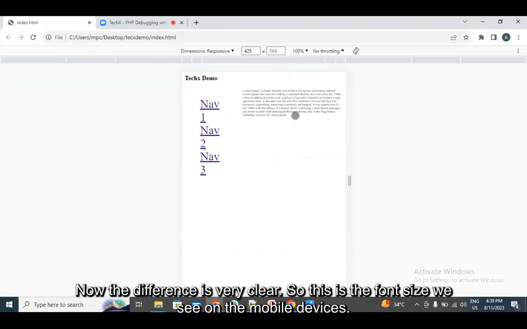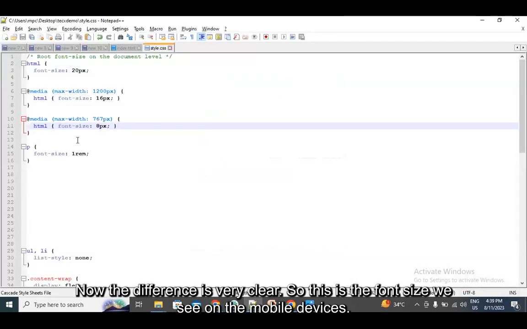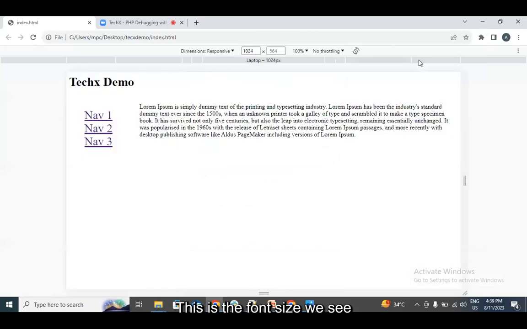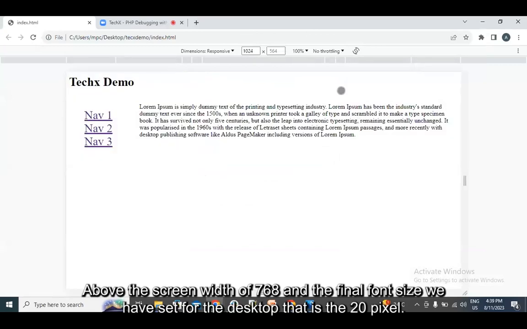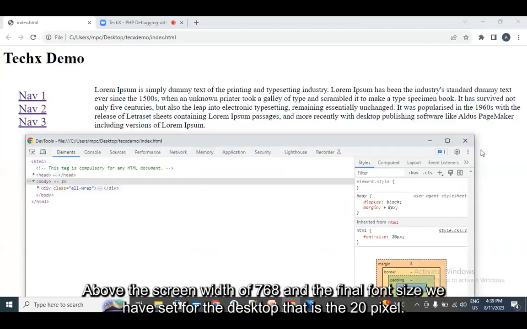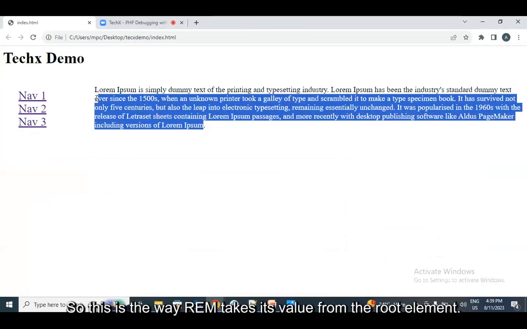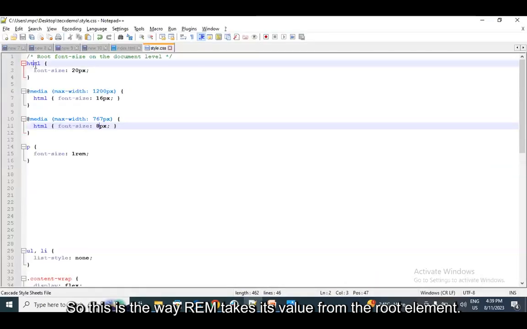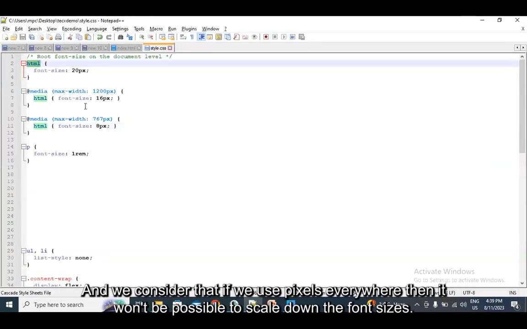Now the difference is very clear, right? This is the font size we see on the mobile devices. This is the font size we see above the screen width of 768. And the final font size we have set for the desktops is 20 pixels. So this is the way REM takes its value from the root element, and we consider that if we use